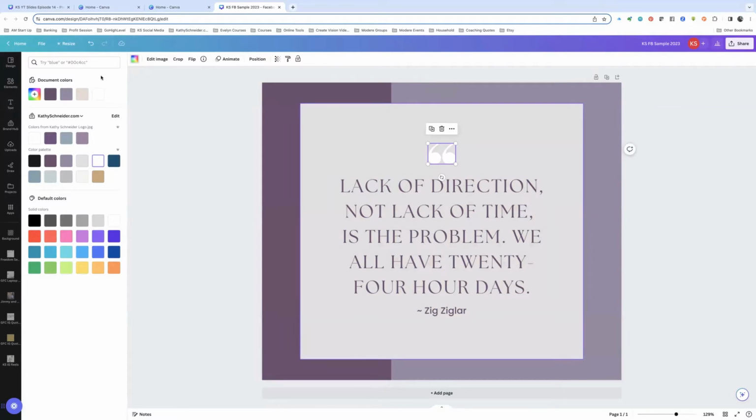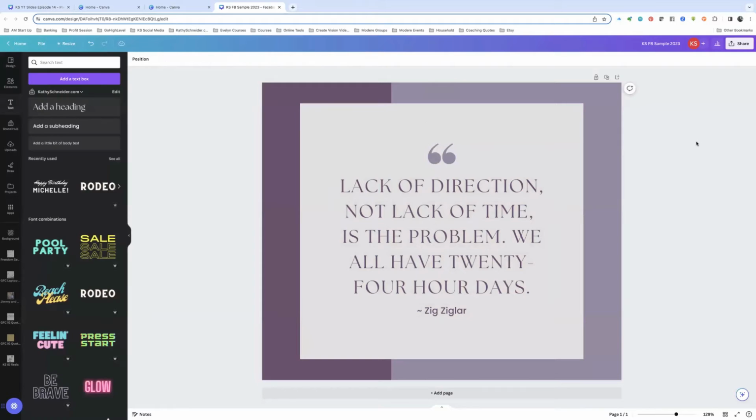Okay, and my white, I do think I want to keep that as a white. So I'm going to go up here, but my white is this white right here. So I'm going to do that. Or you know what, I'm thinking maybe I'll just do it in the same as the back of this background. I kind of like that. What do you think? Okay, so you can see now I've totally redesigned